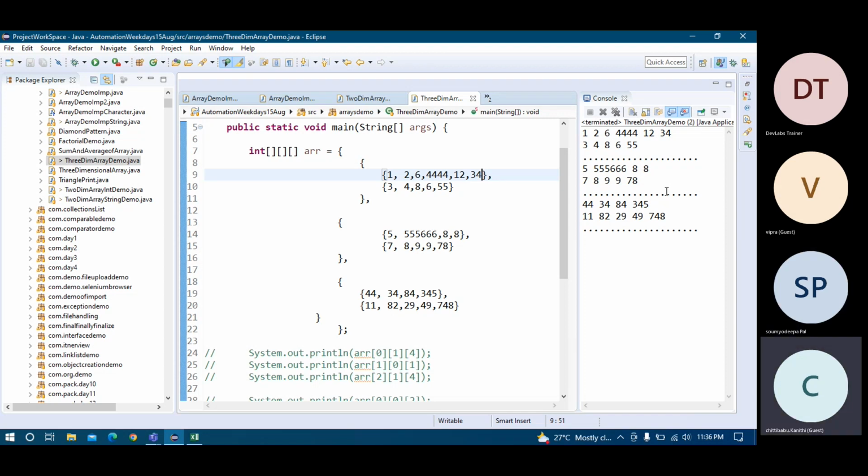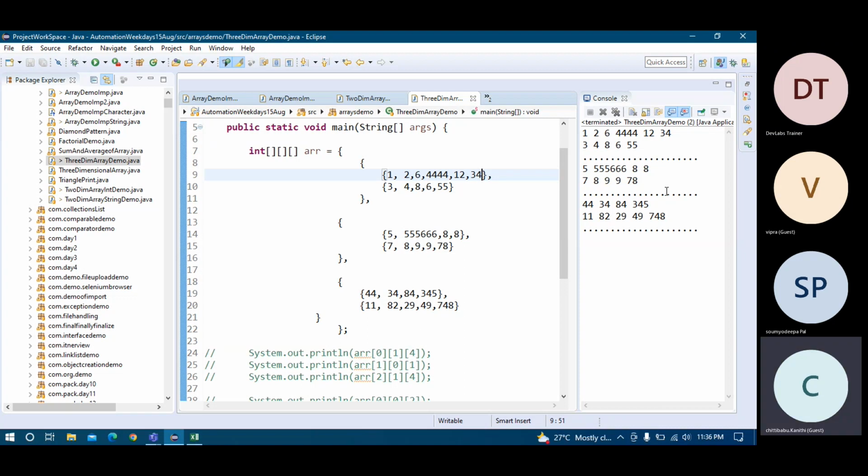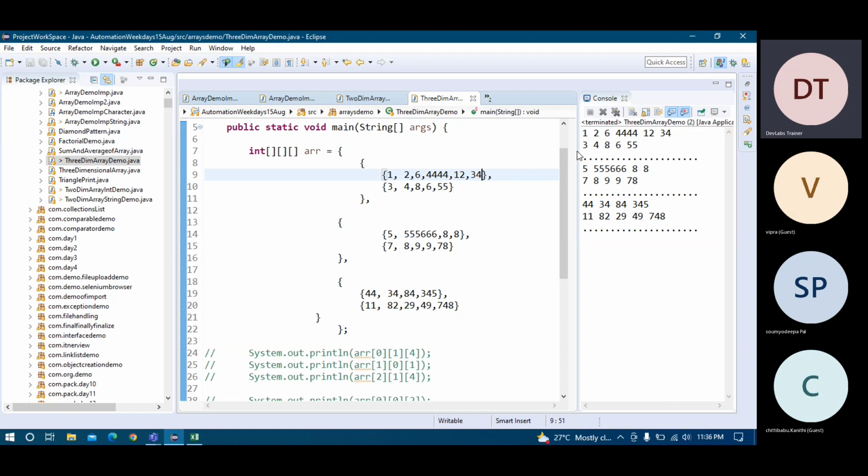One small doubt. Yes. So instead of numeric values, can we insert any special characters? Yes, you can. That is a char array. You can design a char array. Here you cannot design because this is totally integer. So all will be integers here. An integer array will only contain integers. A char array will have only characters. A string array will only have strings. So you have to think while designing, right?